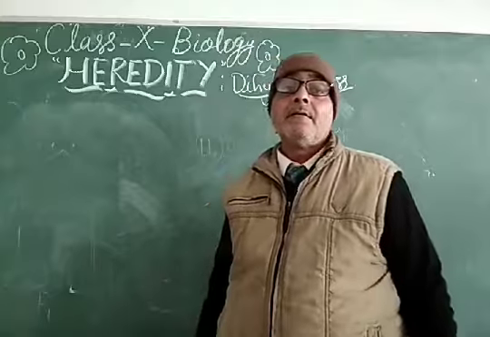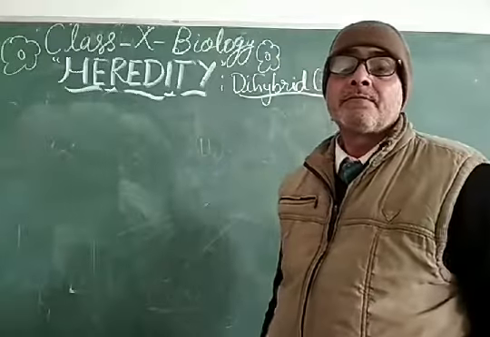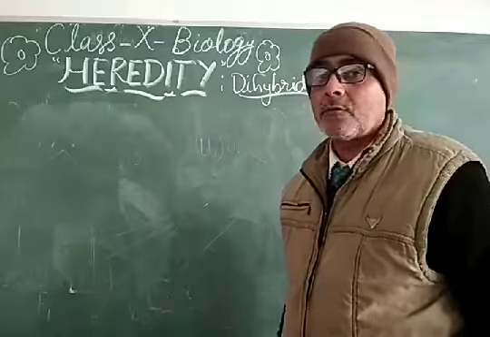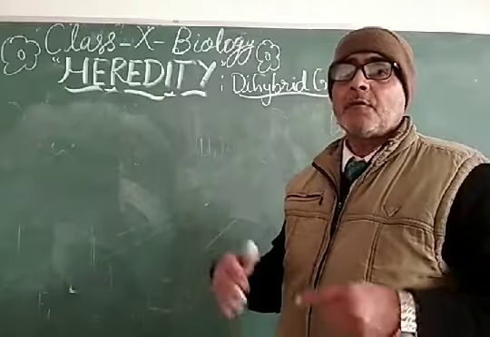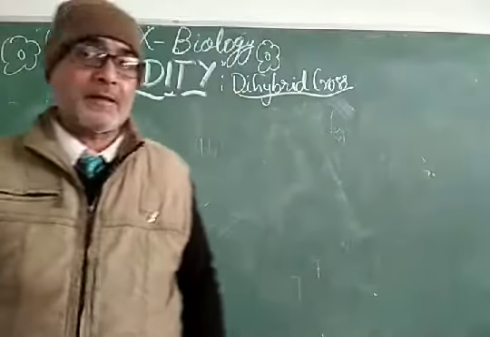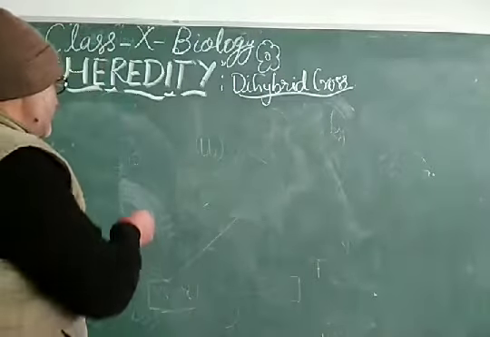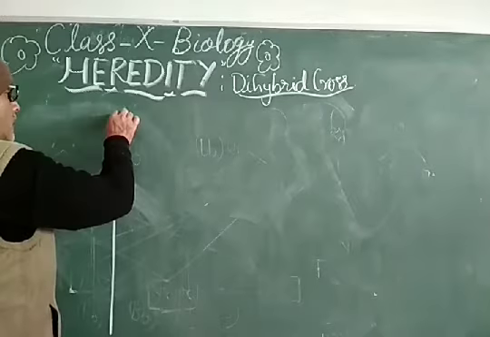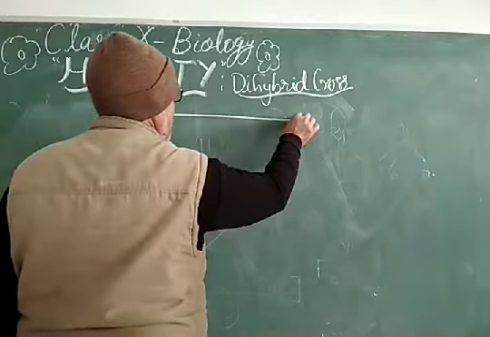That is the independent assortment. That proves the law of independent assortment, that they will be free to combine to any of the opposite gamete. Now see the Punnett square, that is having the 4 vertical and 4 horizontal columns,